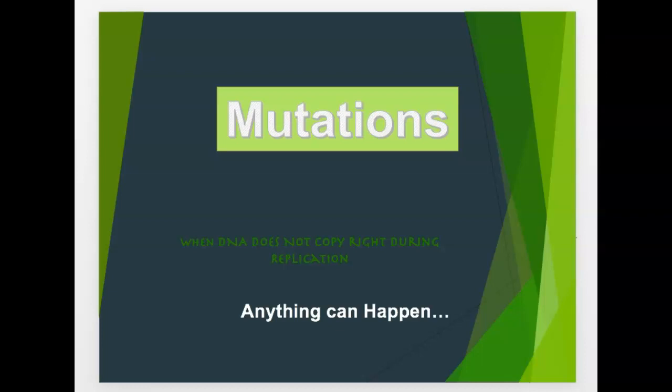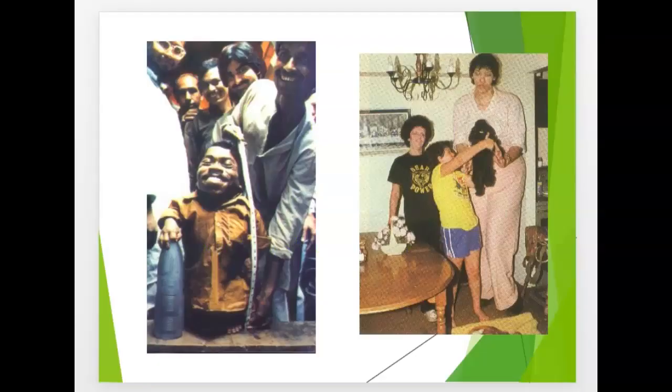You know, anything can happen, such as we can have a very short man, short woman. You could have a giant. So over here on the right-hand side, this technically is known as a giant. They are missing a gene that allows them to stop growing. So this is what happens when there is a mutation, whether it is missing,